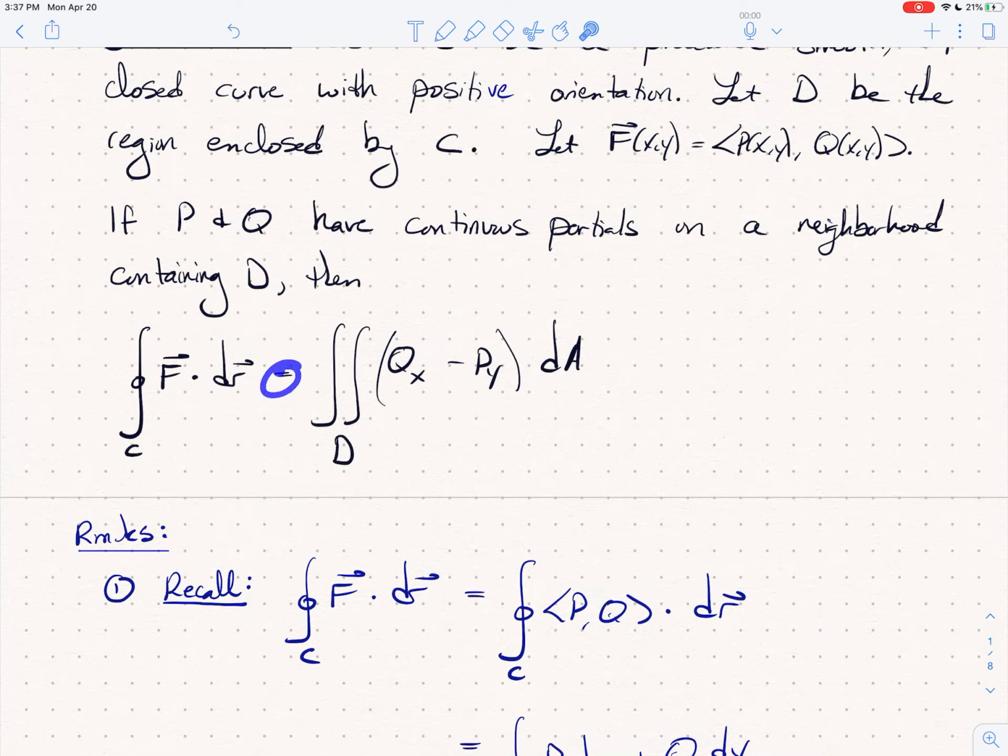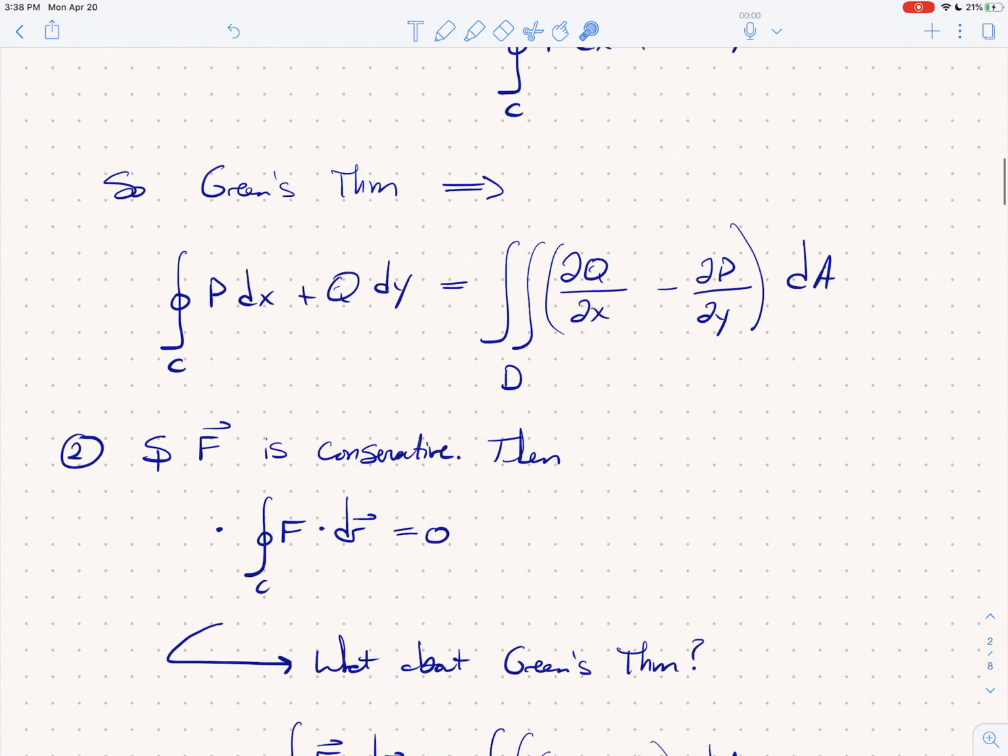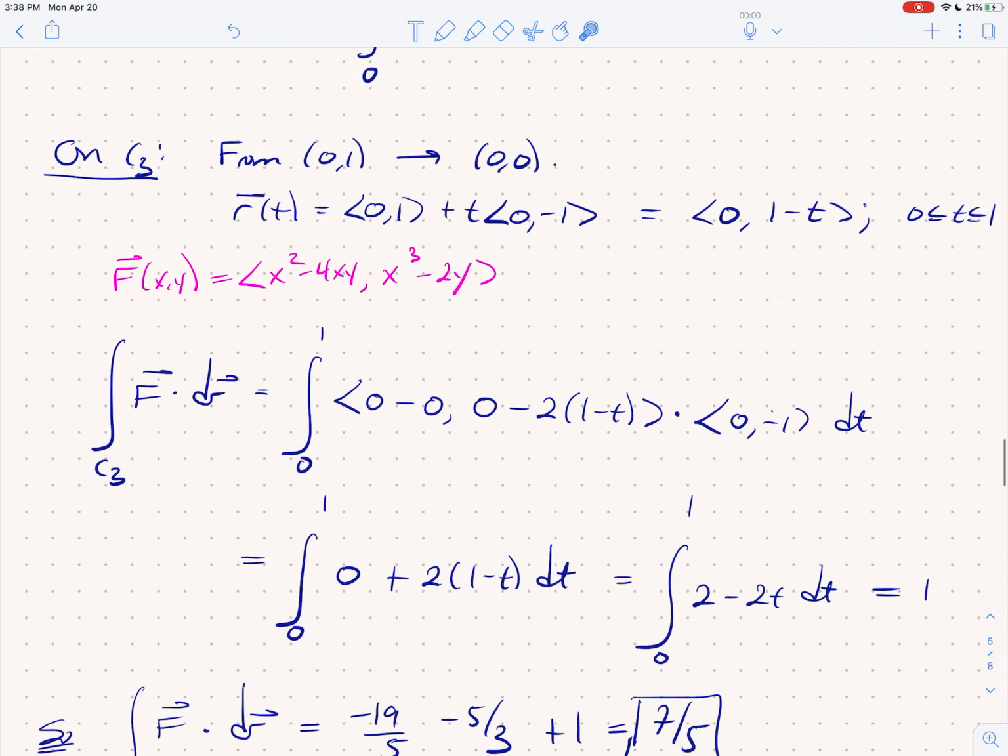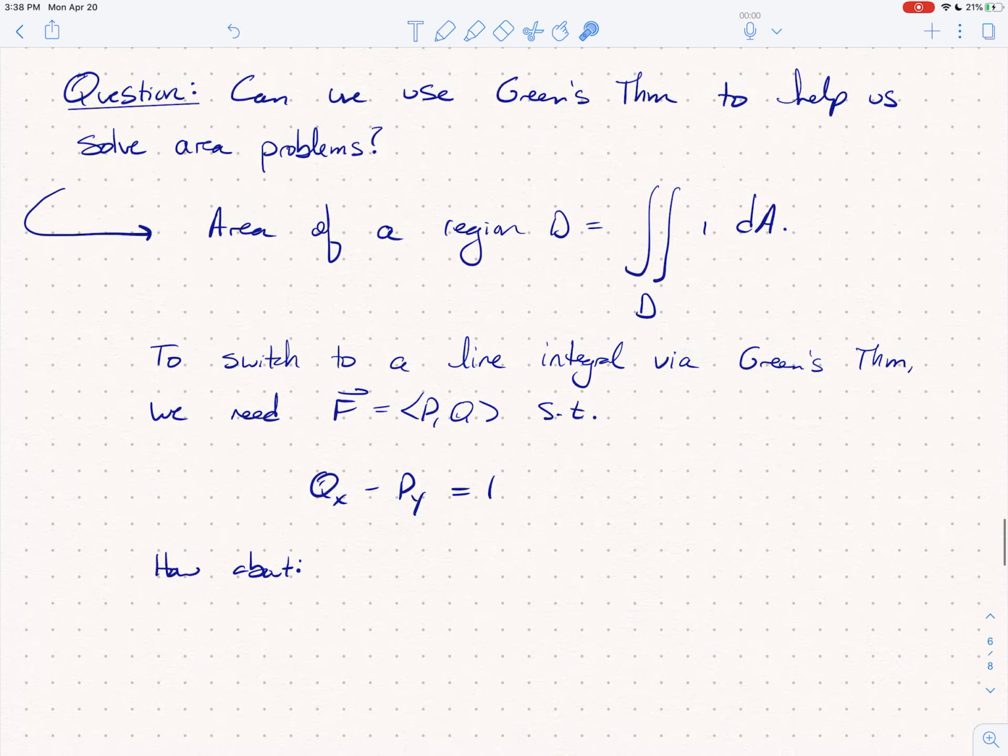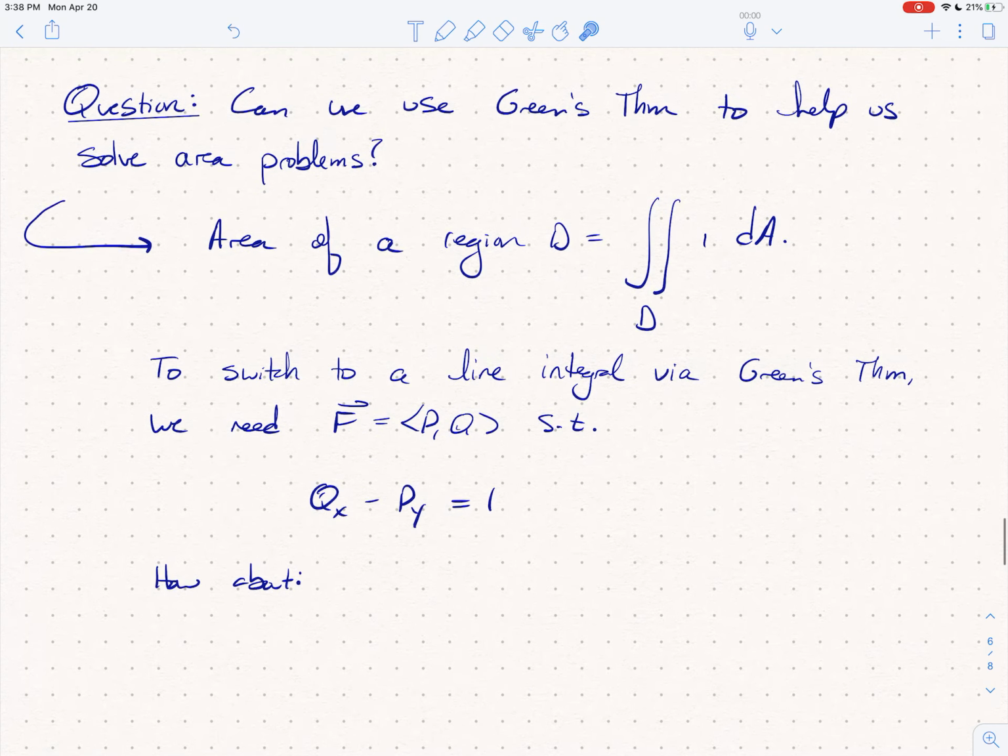But what I want you to realize is this is equals. So you can go the other way too. We can start with a double integral, and we can go backwards to a line integral if we can get everything to set up right. So let's go ahead and scroll back down to our problem, our question that is, and have a look at this. So let's realize if we're going to switch to a line integral from a double integral using Green's theorem,